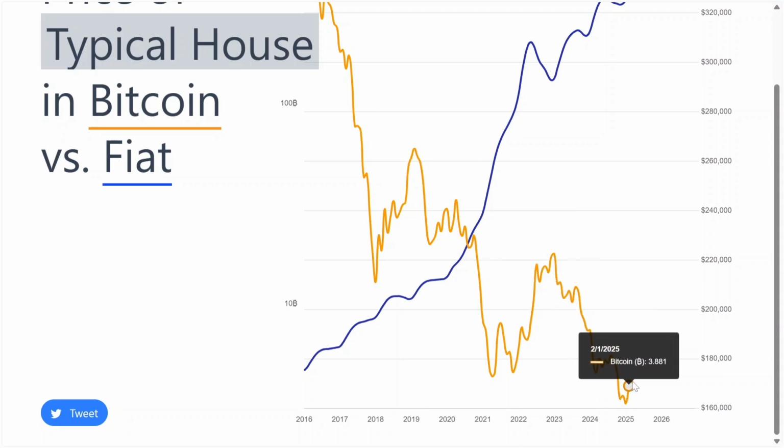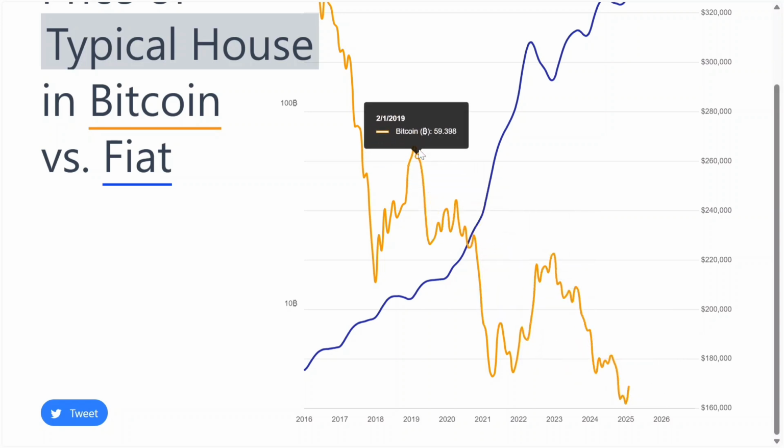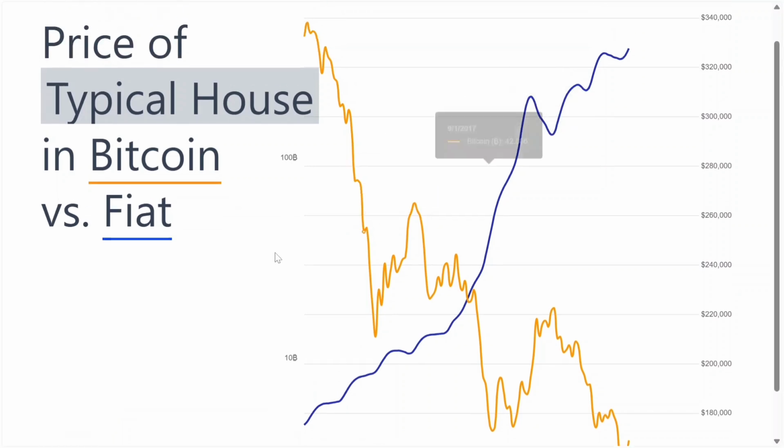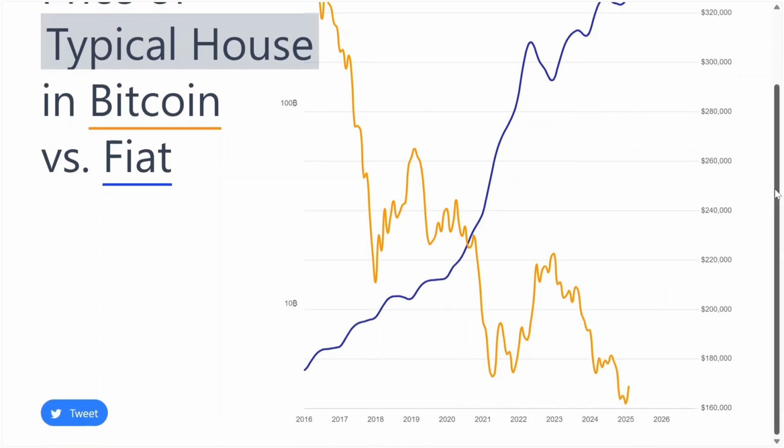I would imagine it's about to start to go against us if we have indeed registered the local bottom in terms of Bitcoin. And then we'll see this same thing where we can't see earlier in this chart. If we could see 2014, I would imagine that 2013, 2014 was probably around here in terms of Bitcoin terms. And then this was a recovery right to around it. That's the trend that we can largely infer so far, from 2021, the lowest amount of Bitcoin that you could use to buy a house, it went all the way back up to about 17,